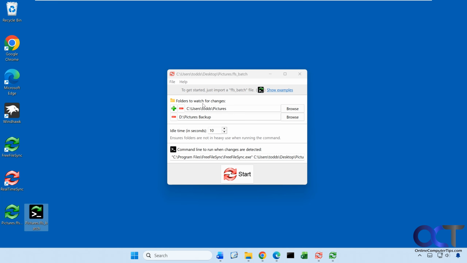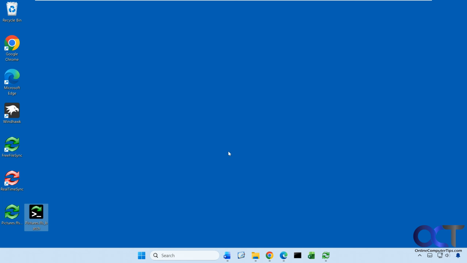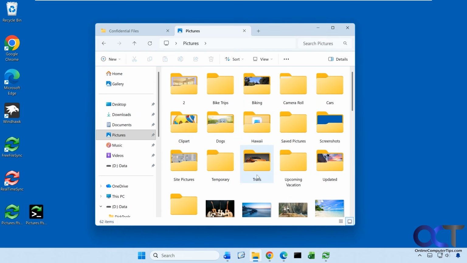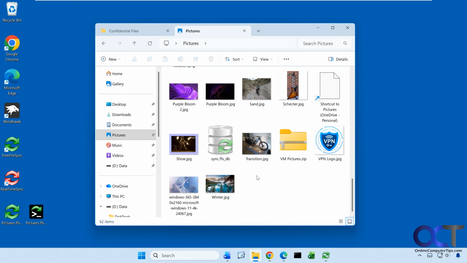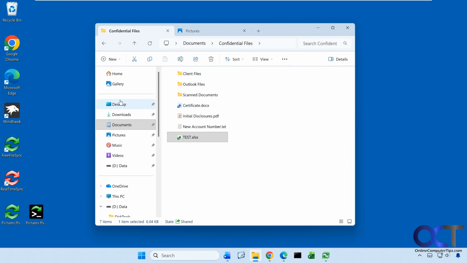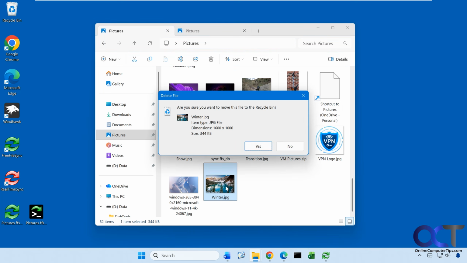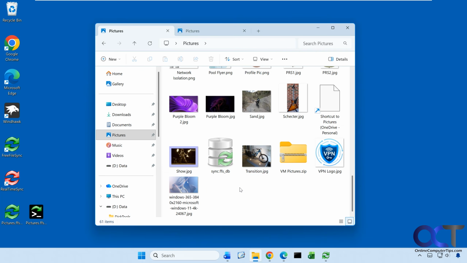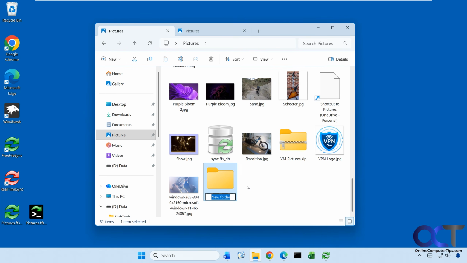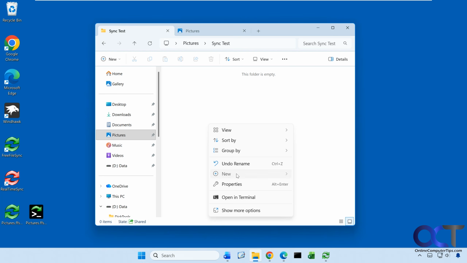Okay, so here are my folders to watch for changes that it took from this batch file here. And if I click on Start, so that's running in the background. All right, so let's do something here in pictures. We're going to delete winter. I'll make sure we're in the right one here. Let's make sure we're in the source one, even though it's set to look at both, but I'm going to do it from the source. I'm going to delete winter. I'm going to make a new folder. Then I'm going to open that folder, add a new bitmap,